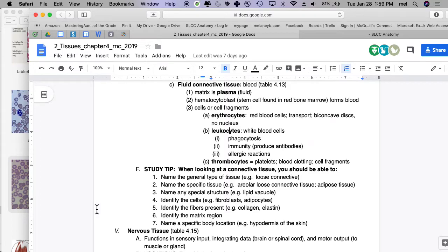What about lymph? Lymph is not a tissue. We don't study it as a tissue because the cells that are in lymph actually come from blood. They're made by the bone marrow, made by the blood, and then they migrate into the lymphatic tissue. That's actually a really good question. So what lymph is